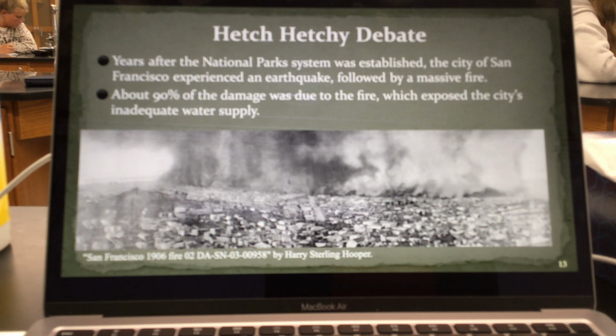Okay, and what happened was the city of San Francisco was exposed as having an inadequate water supply. They weren't able to fight the fires because they were using the freshwater systems to fight the fires, and they ran out, right? The water was slow to get to where it needed to be, and lots of things were destroyed because of the fire. Now, San Francisco is located on the Bay of the Pacific Ocean, but they weren't using that because it's obviously not a freshwater system.